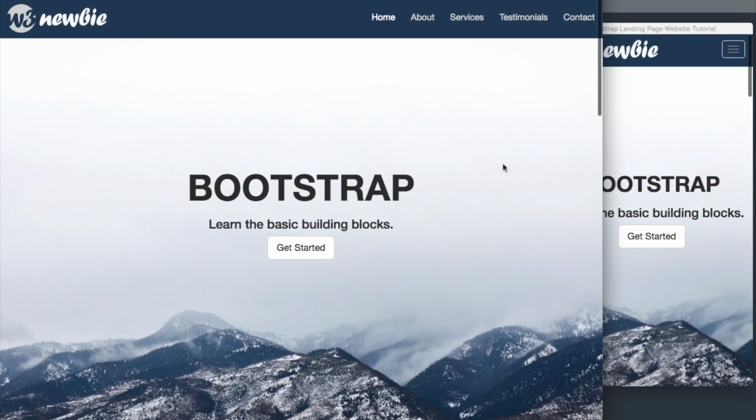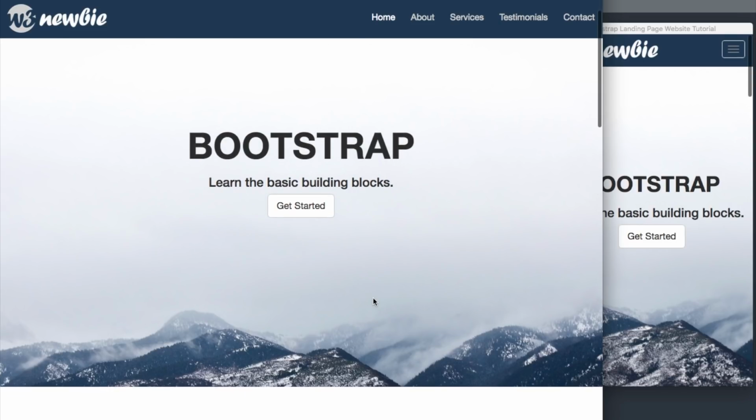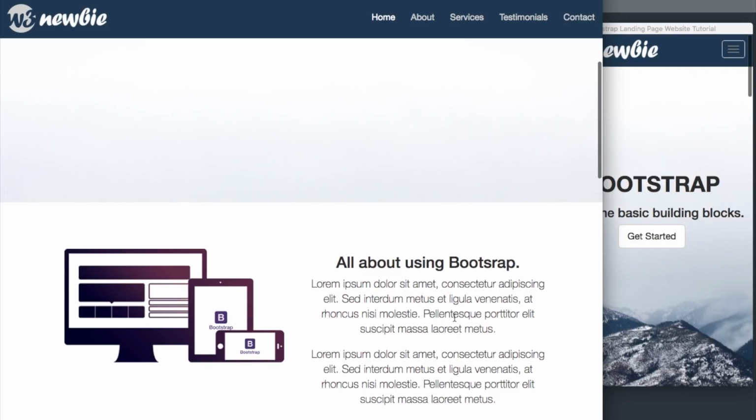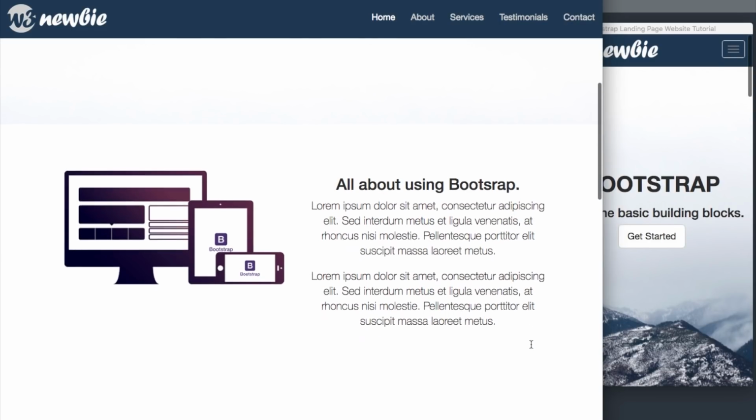In the upper left hand corner we have our logo followed by the navigation on the right hand side here, which later will turn into the mobile nav. And then we have the Bootstrap heading here with the Get Started button as our fixed image landing page. So as we scroll up, we'll find that the next section is going to scroll right over that mountain background